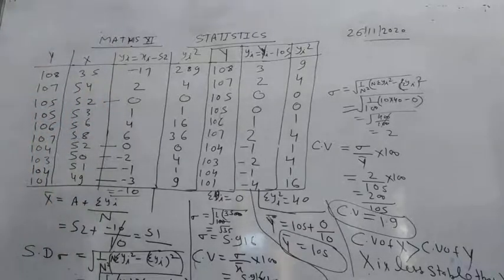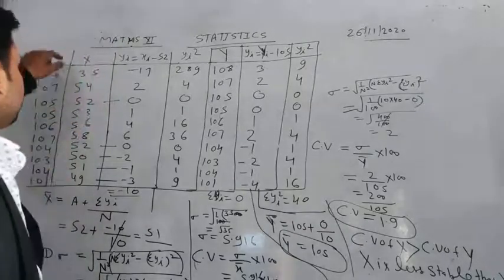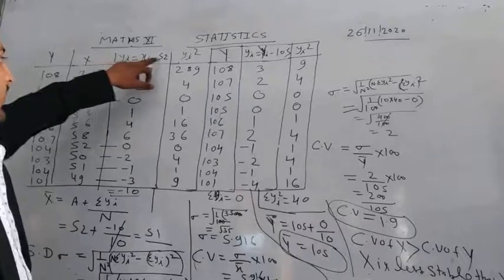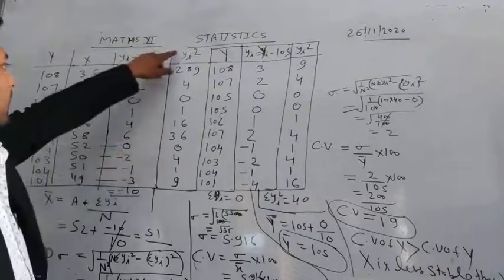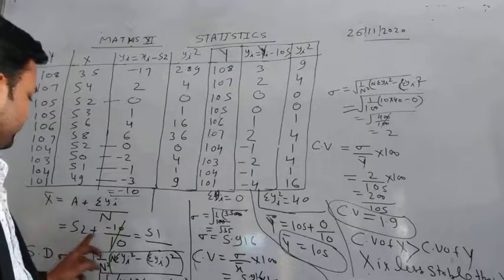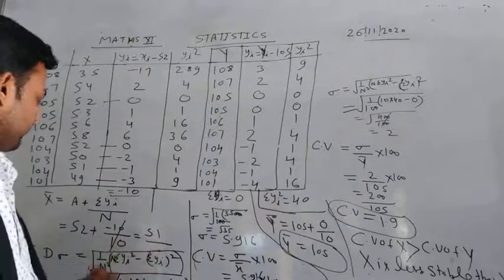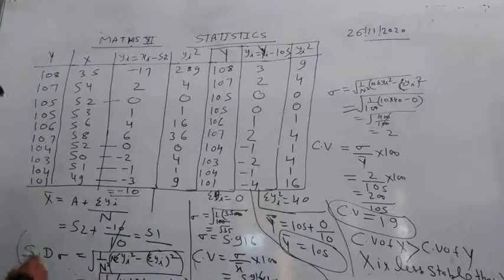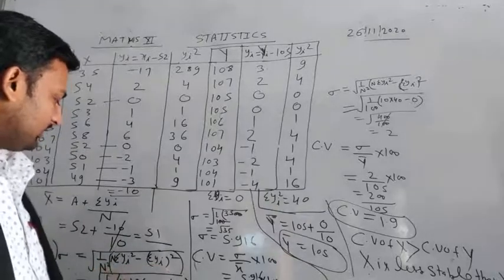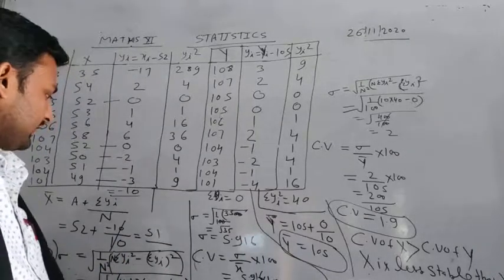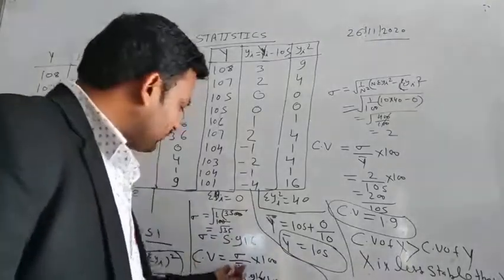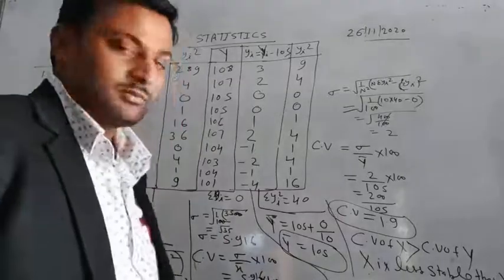Okay, now we will find the coefficient of variation for share x, which is given. So we have calculated yi, taking the assumed mean 52, and written this down, and again yi square. x bar is a plus summation yi by n. So a is 52 and summation yi by n is 51. So sigma is equal to under root 1 by n square and summation yi square minus summation yi whole square. So from here we are getting our sigma as 5.916. So the coefficient of variation for cell x will be sigma upon x bar into 100, which is 11.6.